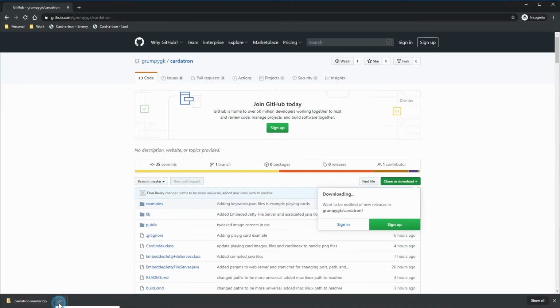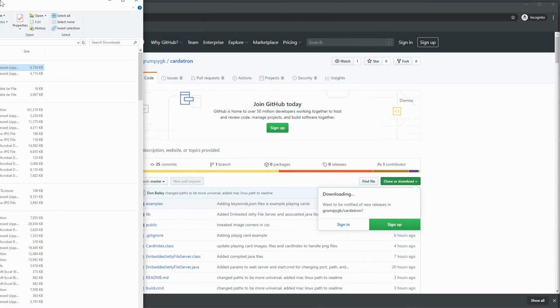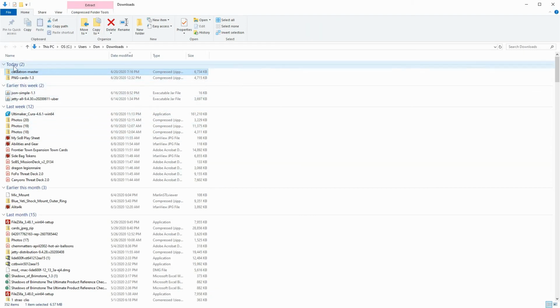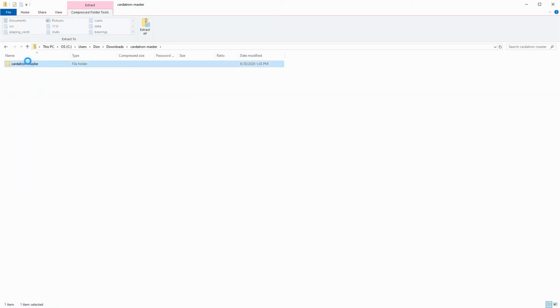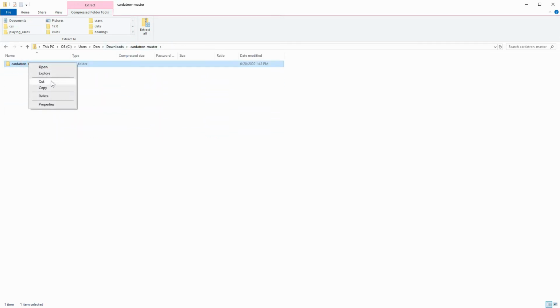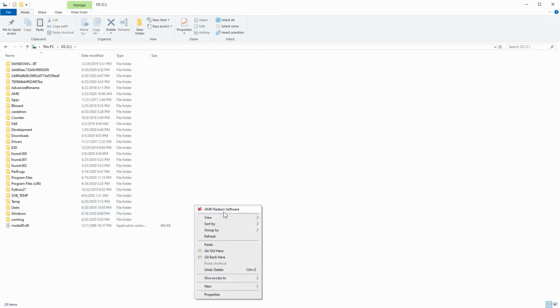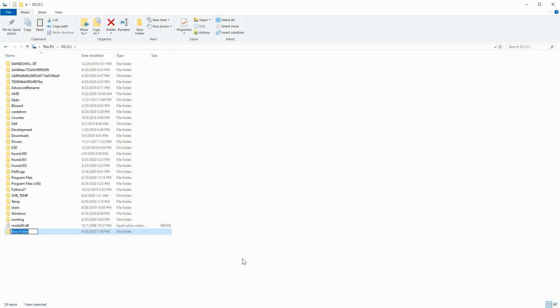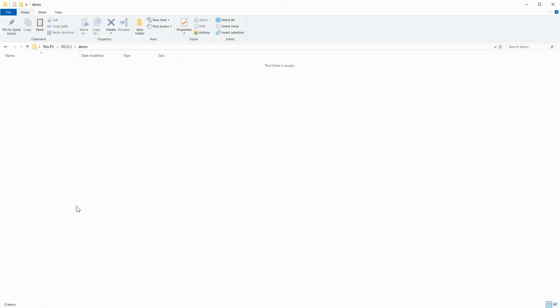So now I'm going to go ahead and show that in the folder. Let me bring that over here. So I got all kinds of junk here, but here's Card-a-tron master. If I open it up, Card-a-tron master again, and then examples. So I'm going to back up one, and I'm going to copy this directory. Alright, so then I'm going to go over to C, and I'm going to create a new folder, and I'm going to call it demo, and then I'll go in there, and I will paste the Card-a-tron folder,